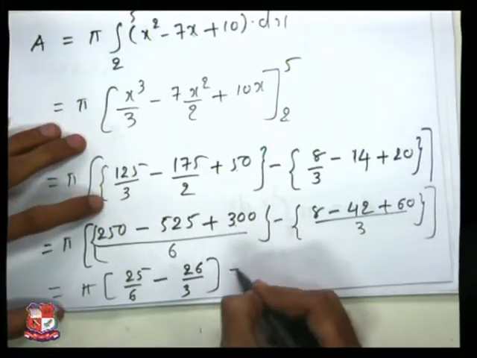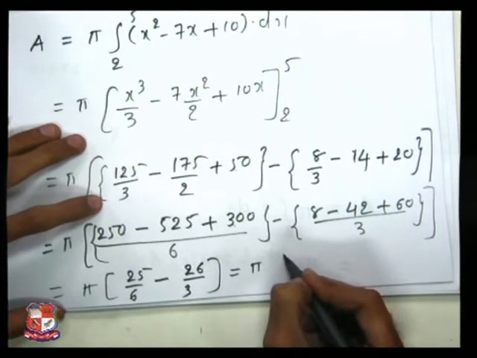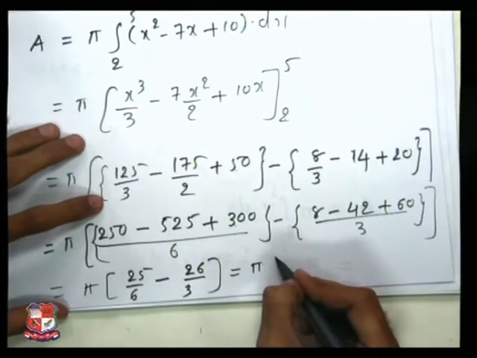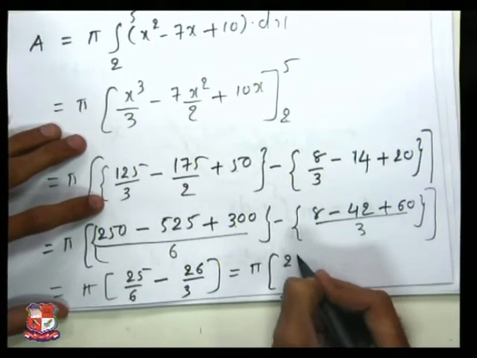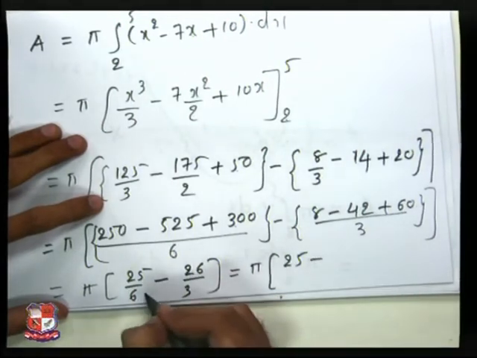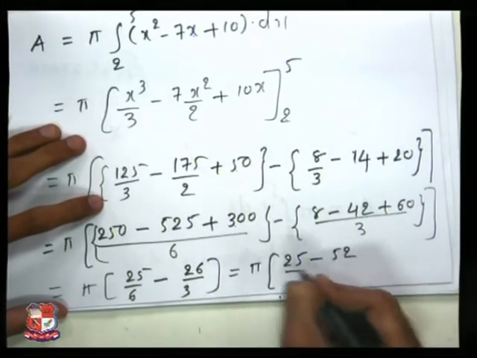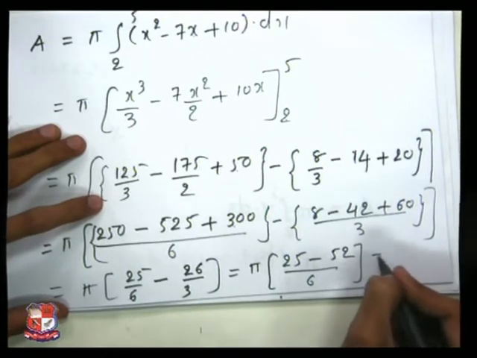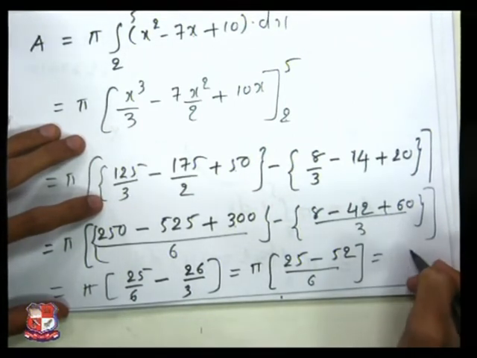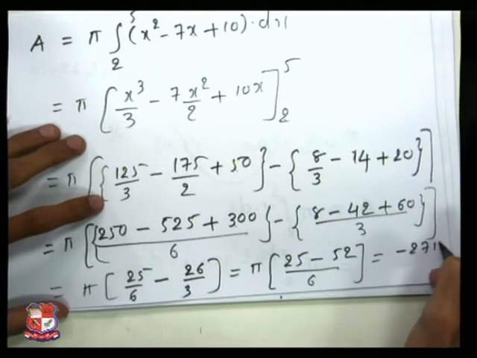So I will get pi into 25 minus 26 into 2, that is 52, divided by 6, and we will get minus 27 pi by